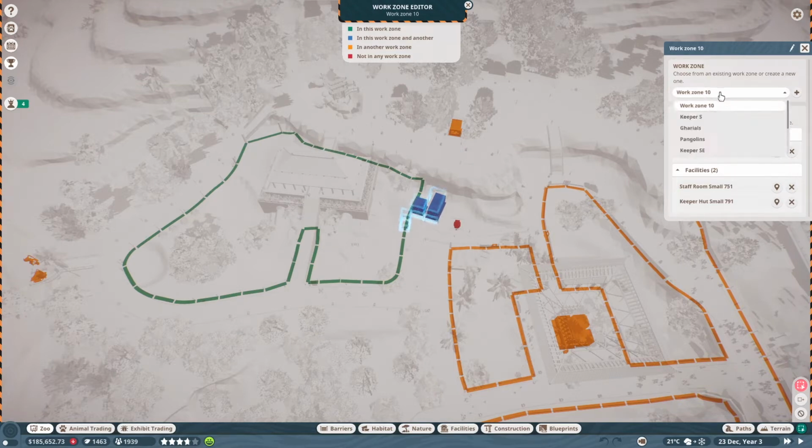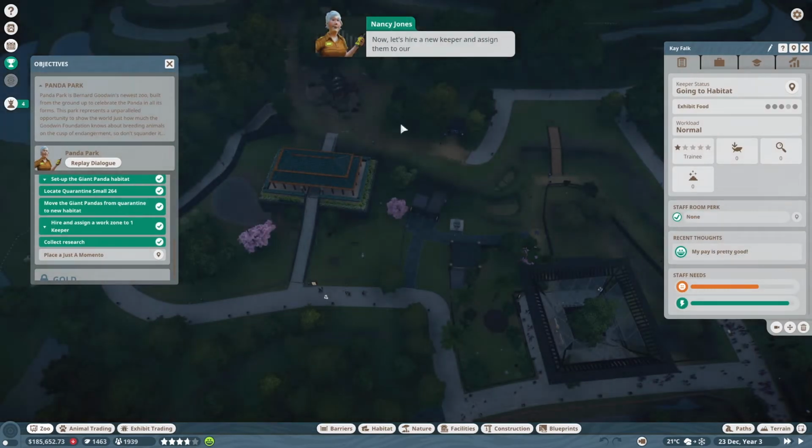That makes sense. Can I rename you? Oh man, I'm messing up. Okay, there we are. So, new panda habitat, probably because we want to differentiate from the old one. Cool. No, new panda habitat. I may have to just press enter after I've typed. There we are. Perfect. So then let's hire a new keeper and assign them to our new work